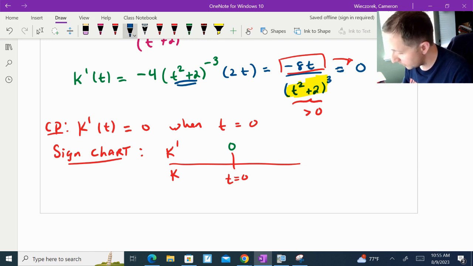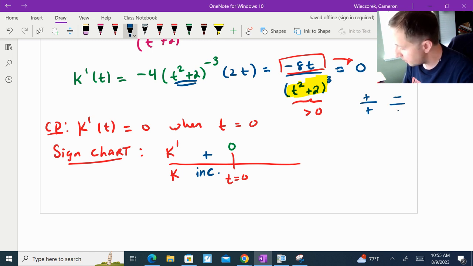And if I plug in a value of t to the left of t equals 0, let's just say we plug in t equals negative 1, then I'm going to get negative 8 times negative 1, which is a positive, divided by, we said the denominator is always positive. A positive divided by a positive is a positive. So the curvature function is increasing from negative infinity to 0. Let's test a value of t to the right of 0. Let's test t equals positive 1. Negative 8 times positive 1 would be a negative value, divided by a positive denominator would give us a negative result. So from 0 to infinity,